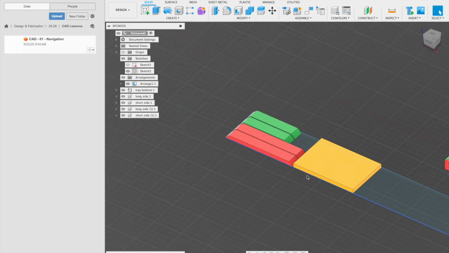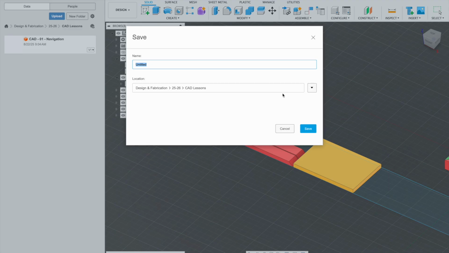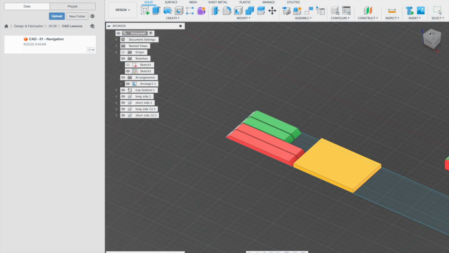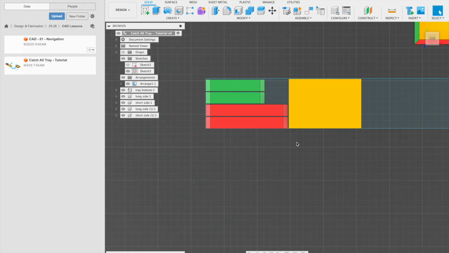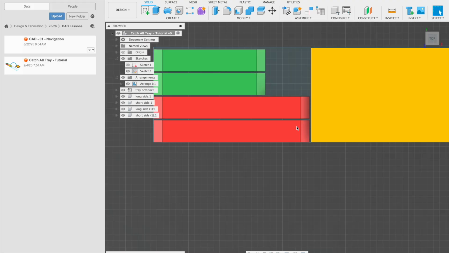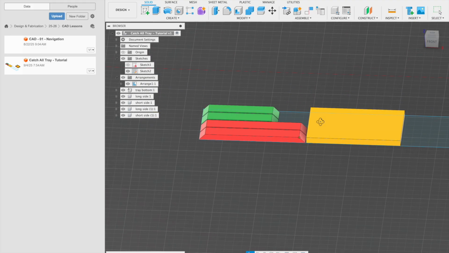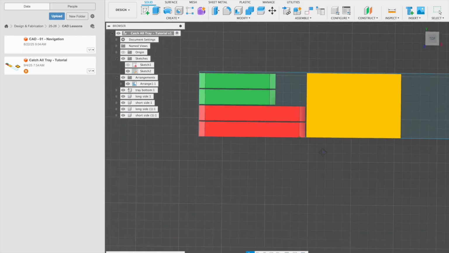So what we have now is we've laid out those components, and we get to see how we are potentially going to cut this thing. So I haven't saved this for us. I'm going to make sure that I save this as Catch All Tray Tutorial. All right. Now we have our mitered cuts. We have our sides, we have our bottom, and